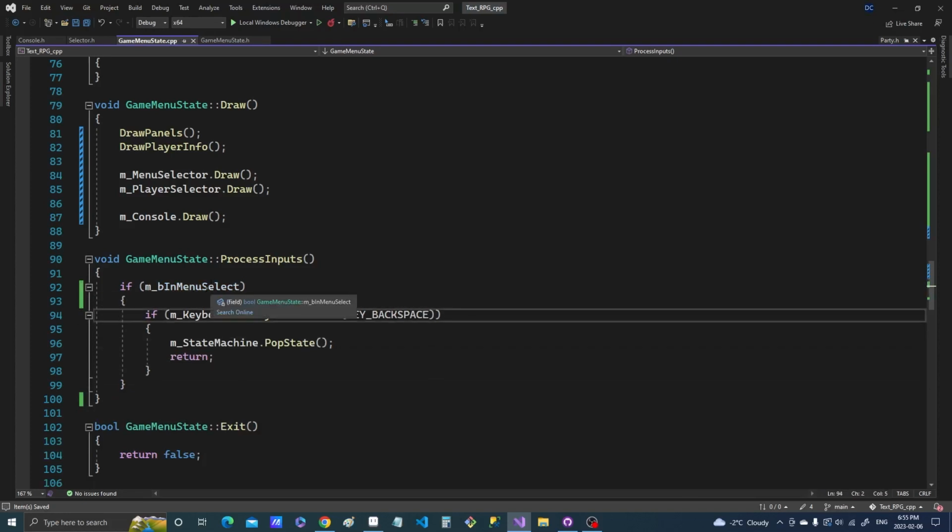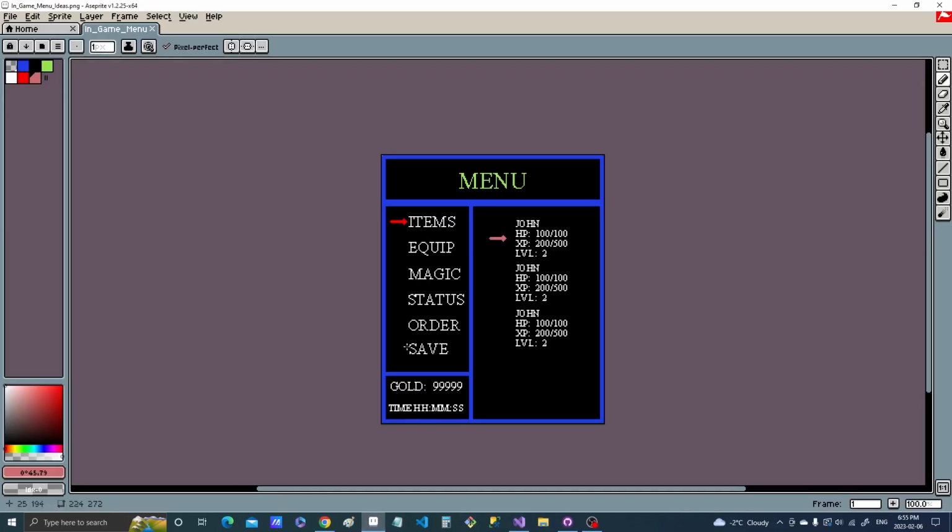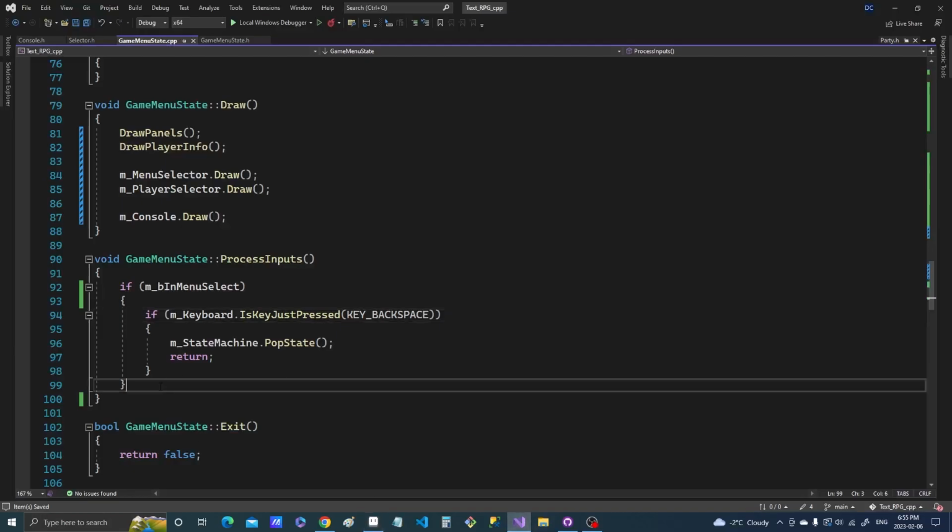Only when we're in the menu select are we going to want to pop off the state and go back into game state. If you look at this here again, so if we're in this menu state and we try to escape, that's when we leave. But if we have selected here and now we're here, if you hit backspace, we're going to want to go back to here, not pop off. So I'll show you what I mean. So else,